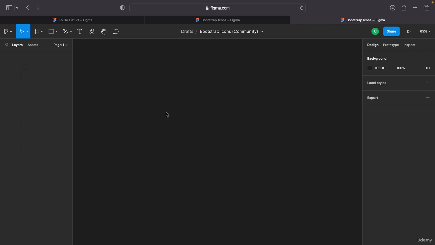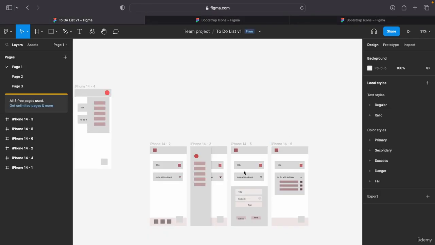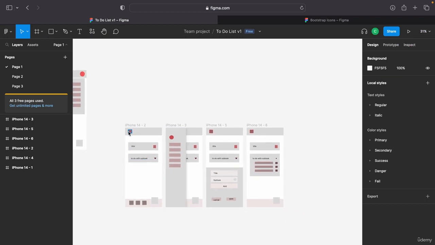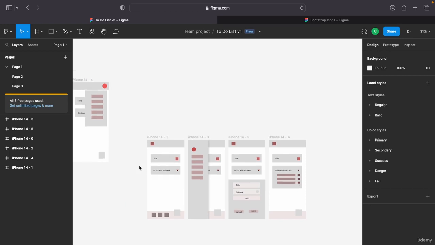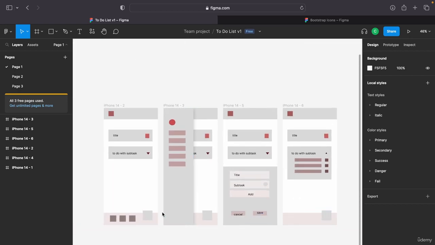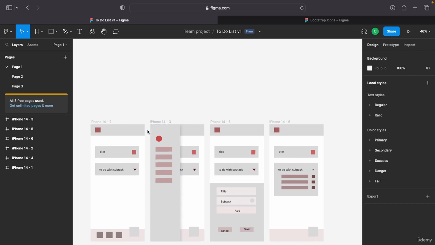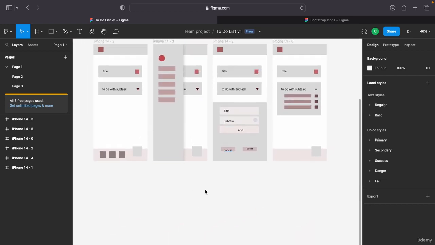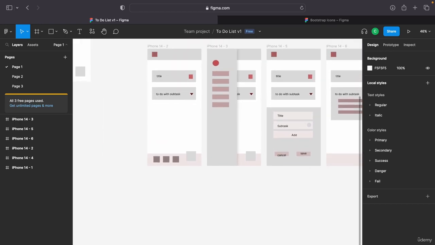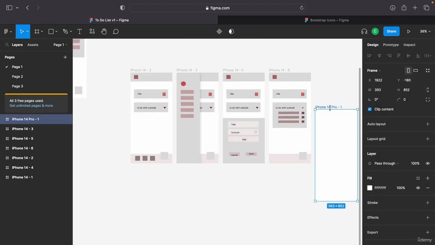Let's close it for now and go to the project we have been working on. First, let me create some button components because we are using it in quite a few places. So as a reference, let me create one iPhone 14 display again,